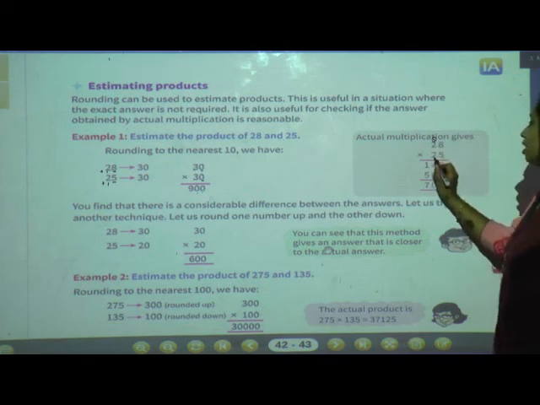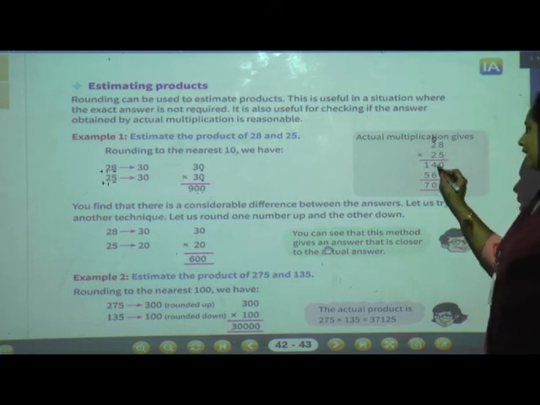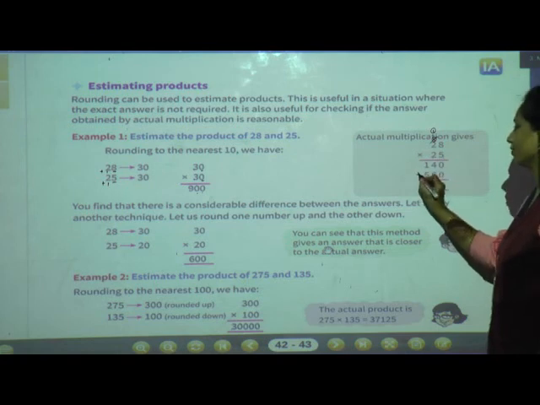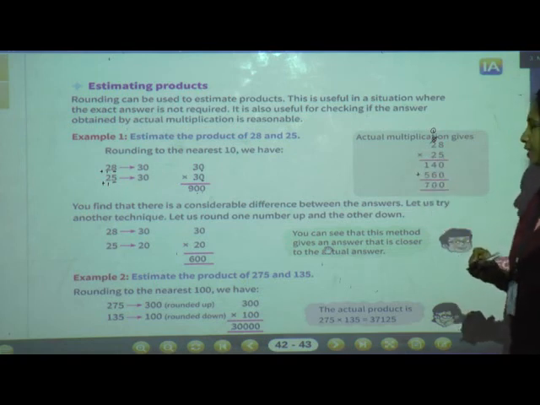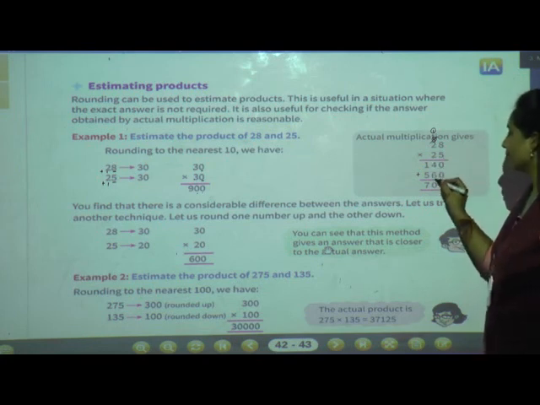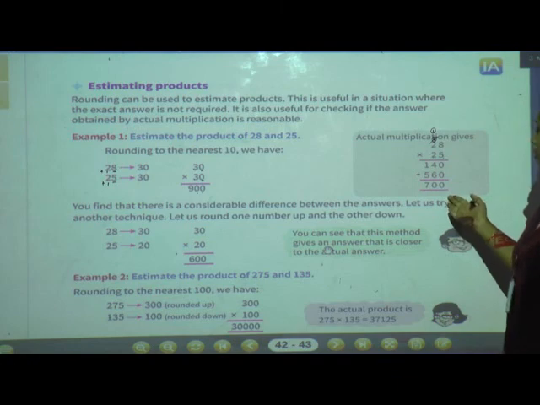Now tens place. Whenever we are doing tens place, place 0 at ones place and start writing from the tens place only. 2 8s are 16. 6 here, 1 will be carry, and the previous one we will cross it. 2 2s are 4. 4 plus 1 is 5. Then what will we do? Here, addition of these two products. 0 plus 0 is 0. 4 plus 6 is 10, so 0. 1 plus 5 is 7. Now see, the actual multiplication is 700.